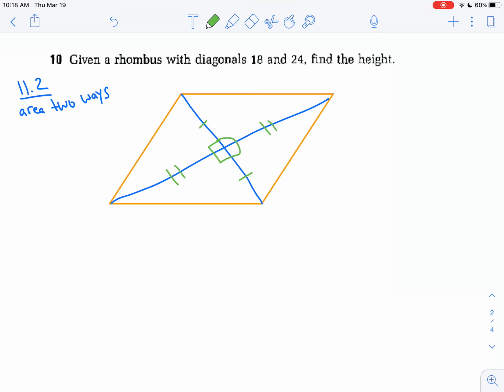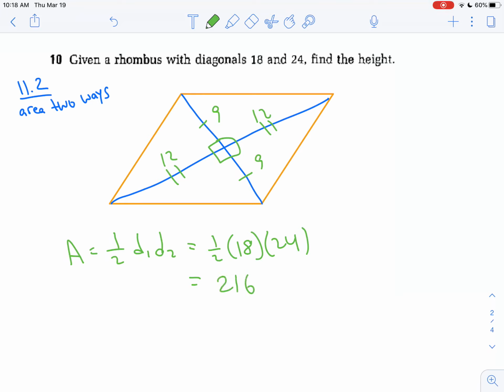Diagonals are perpendicular and bisecting. So we really have 9 and 9 and 12 and 12. And so without too much effort, we could do our 1/2 d1 d2 is going to be 18 times 24. I'll grab a calculator here. And so I got 216. And so that's awesome that we have the area, but we're not done yet